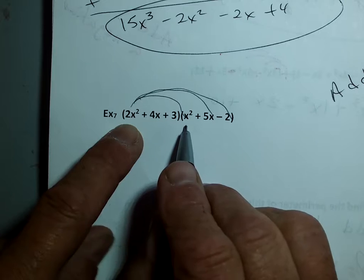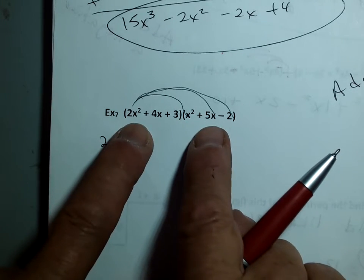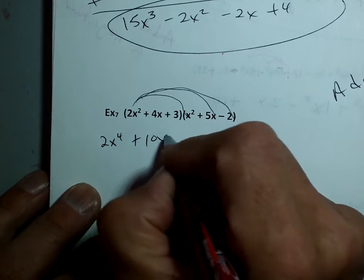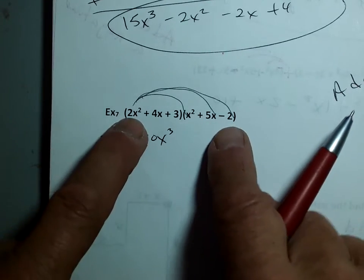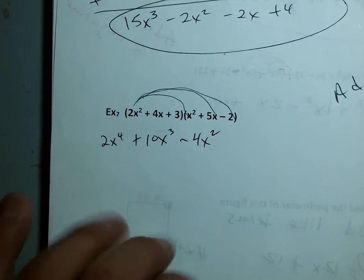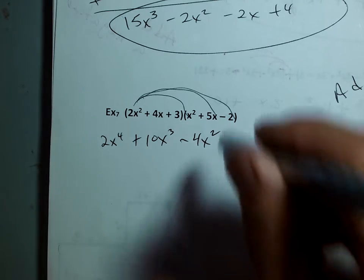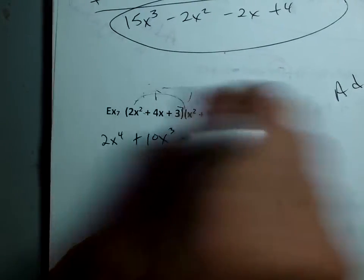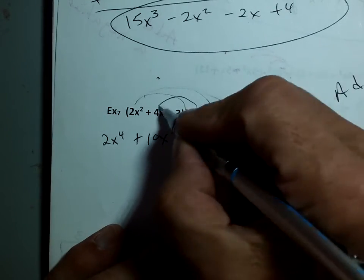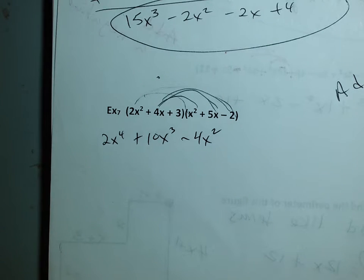Okay, so I'm going to get a 2x to the 4th plus a 10x cubed minus a 4x squared. Okay, so I multiply the 2x squared all the way through, right? Then, let's bring the 4 through. 4x squared. We're going to bring the 4x through, the 4x times the x squared, the 4x times the 5x, and the 4x times the negative 2. We'll multiply that through, and we'll get a